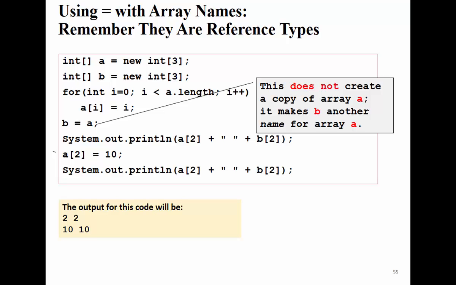Yes, but if you keep P equal to A, and in the second to last line you say P[2] equals 10, will it still be 10, 10 as it is now? Yes, because both are the same thing. Even if I put P[2] equal to 100, I will see that also in A, because you have two names, A and P, pointing to the same three elements.